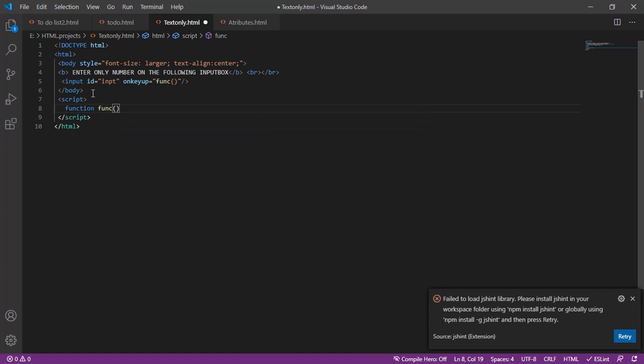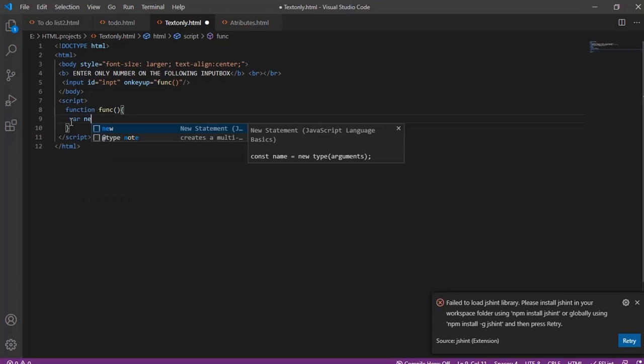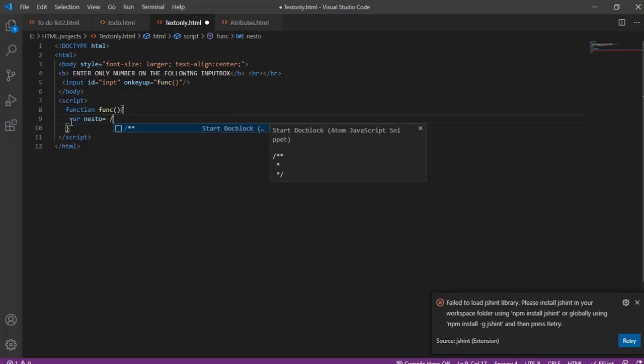So let's define the function func. Let's create a variable called next. You can give this variable whatever name you want. I have set it equal to double forward slash, something is going to happen here, the bracket,